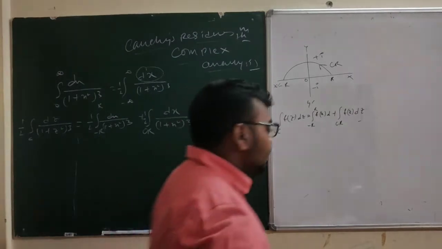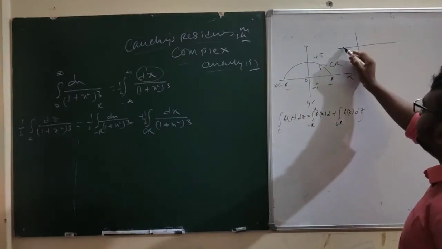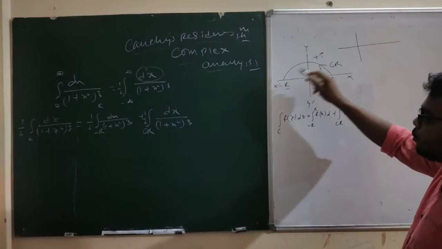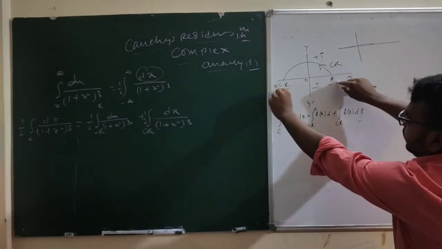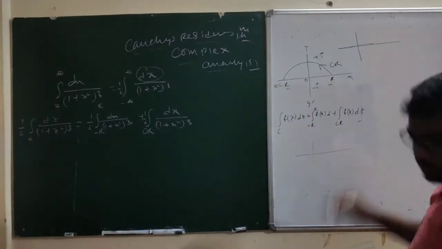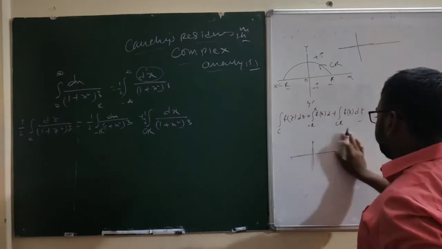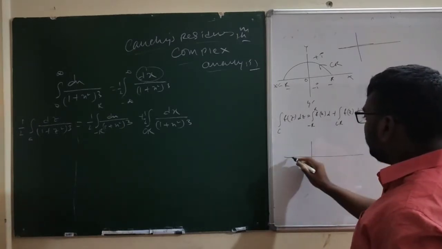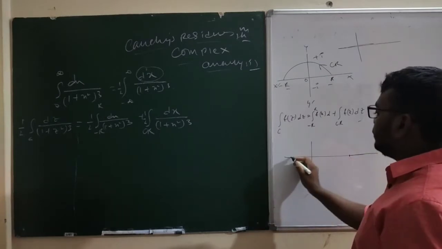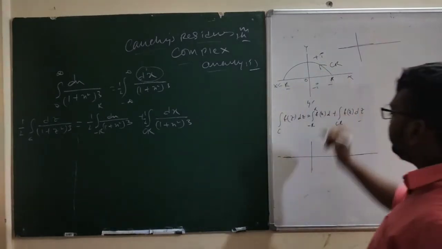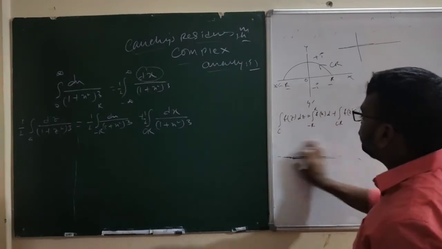Now see, if we extend R to infinity, then the contour extends so that the integral runs from minus infinity to infinity along the x-axis. As minus R to R is extended to infinity, the arc C_R integral vanishes, since it lies only along the axis in the limit.